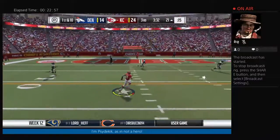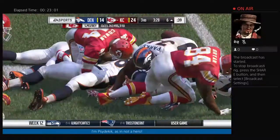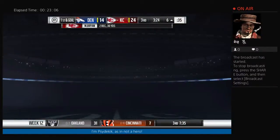They'll look to throw here on 1st down. Throwing the slant pattern here, complete. And eventually brought down, but it's near the 5 at the 6. That was a nice...